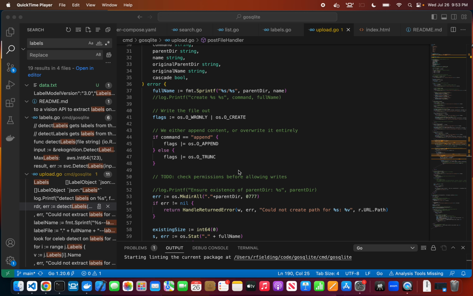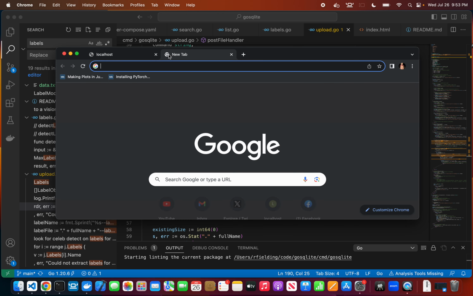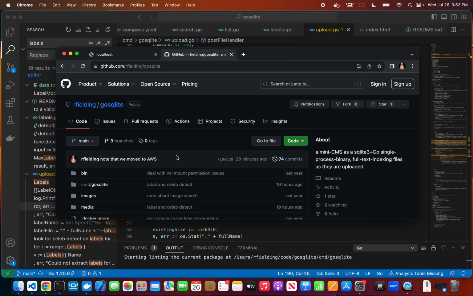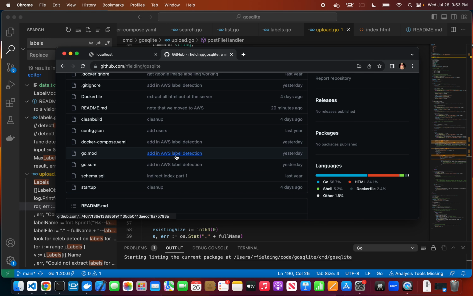The beginnings of a CMS. As the name of my Go repo implies, this project had actually started off as just a test using Go SQLite, SQLite within the Go APIs. So GitHub, yeah. So this project, the main thing about it is you want to be able to upload files